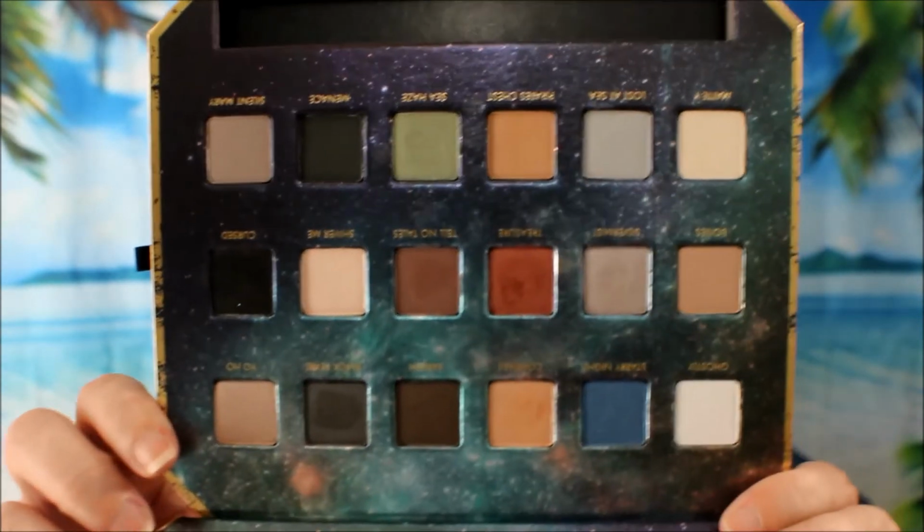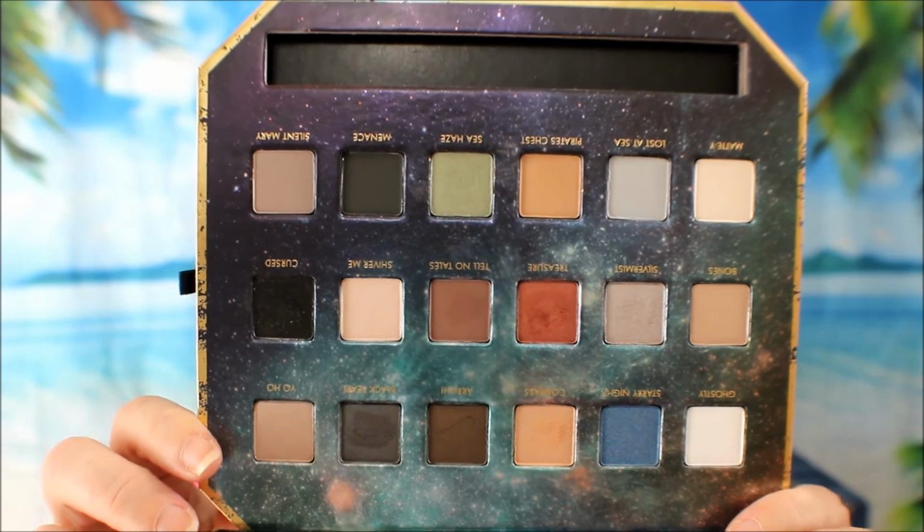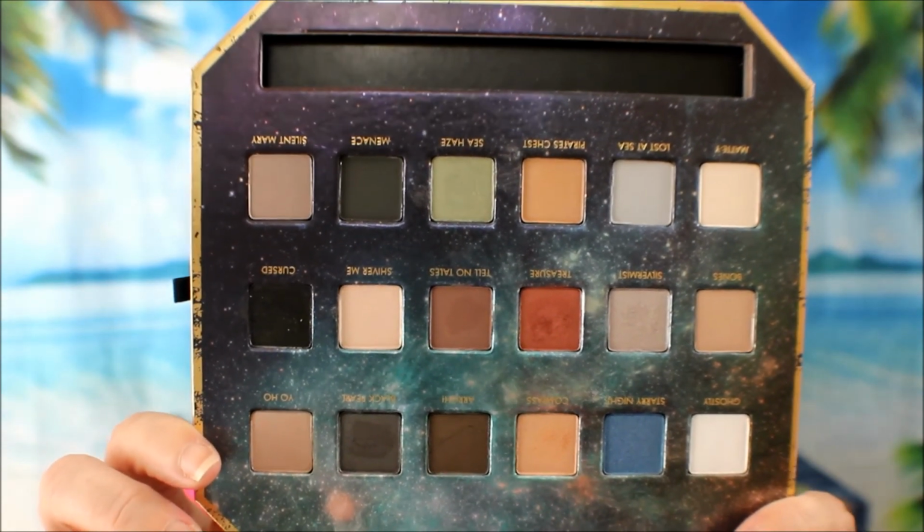I've got it on my eyes today. I struggled to come up with anything. I open this up and I'm just like, I don't even know what to do with this. Sometimes you can open up a palette and in your mind, you see all sorts of looks that you can create with this. I open this up and I'm just like, I don't even know what to do with it. I'm not that good of a makeup artist. And personally, I kind of think that these Lorac shadows are not quite the same quality